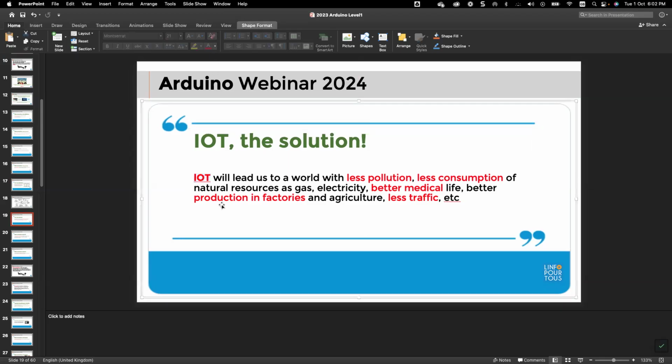IoT will lead us to a world with less pollution, less consumption of natural resources such as gas and electricity, better medical life, better production in factories and agriculture, less traffic, etc.